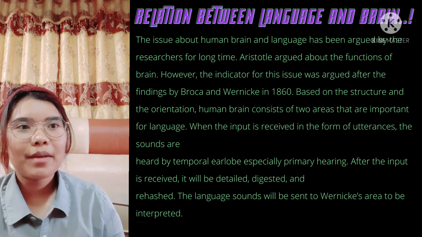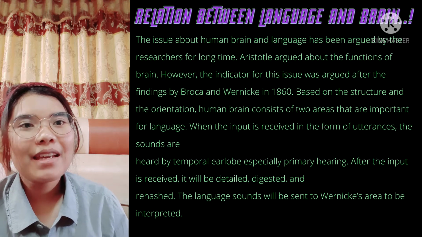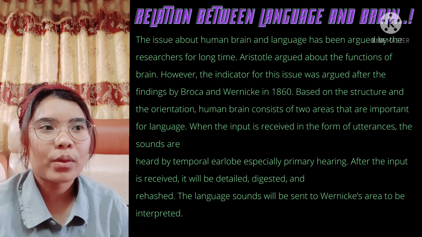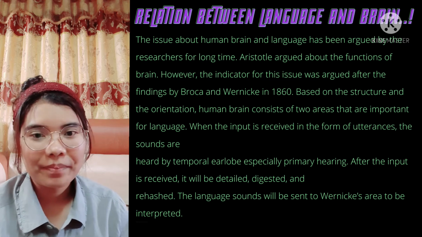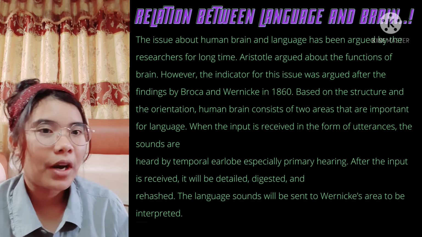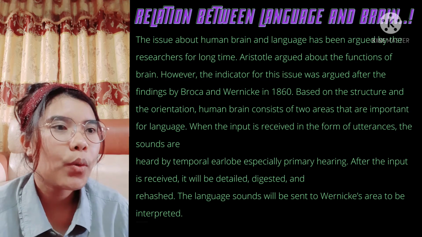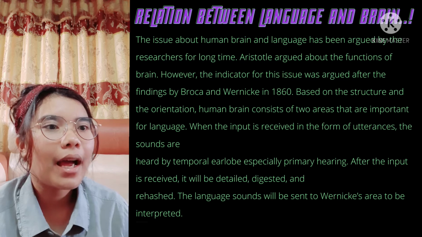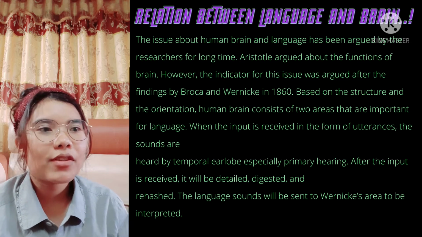And now I will explain about the relation between language and the brain. The issue of the human brain and language has been argued by researchers for a long time. Aristotle argued about the functions of the brain. However, the issue was developed further after the findings by Broca and Wernicke in 1960. Based on the structure and the